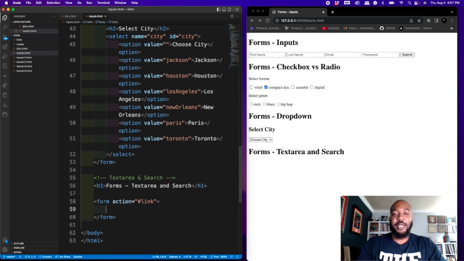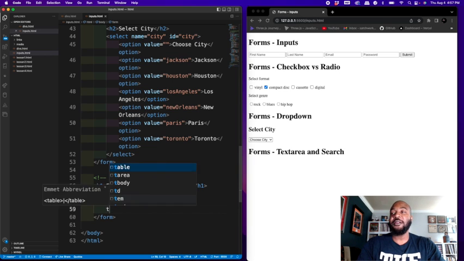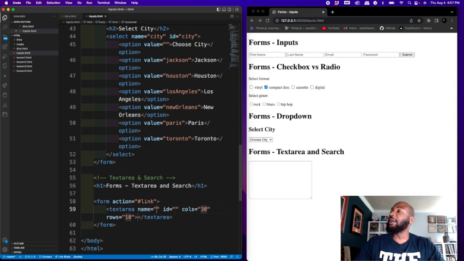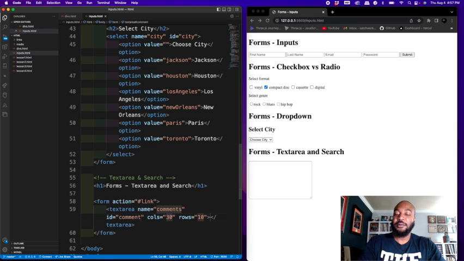And to do a text area, we simply use the text area tag. And you see we create a box right here. Text area, name, and we can put in here, this is usually for comments, and ID, I'll put comments, I'll say user comment,